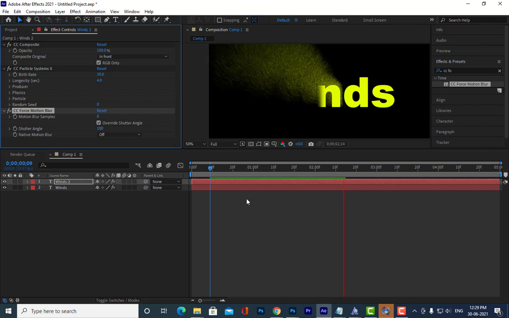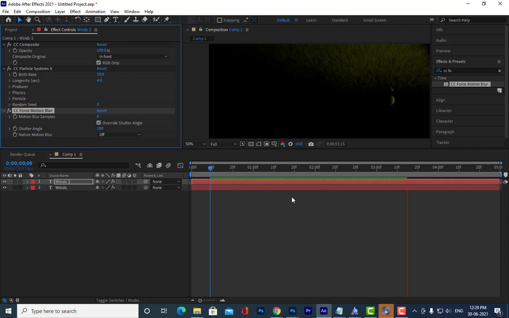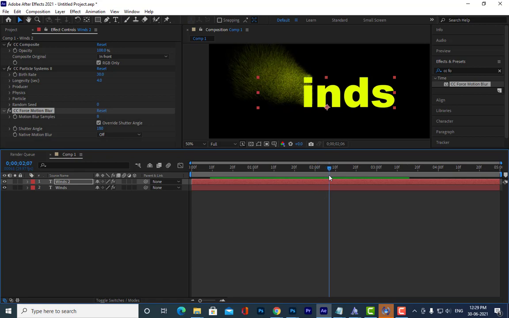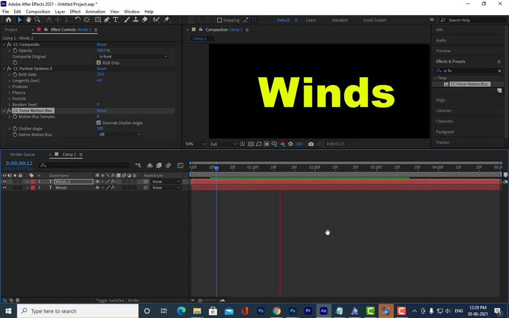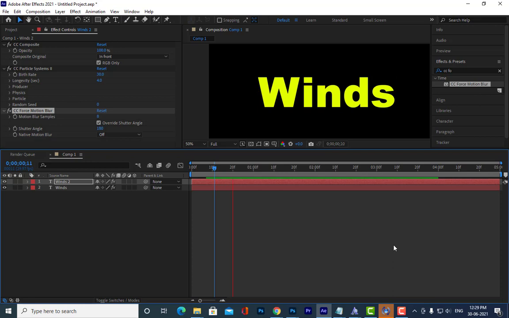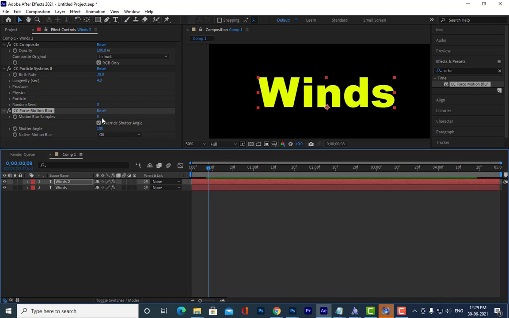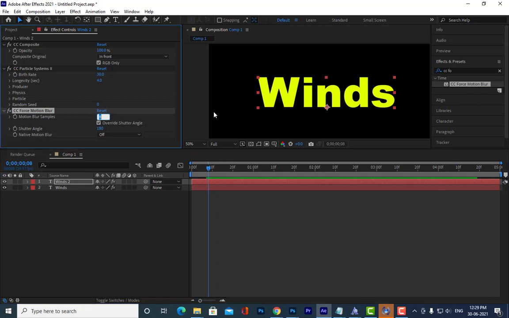See, can you see the change? So we have to move it a little bit. Okay, so on this linear wipe, are you able to understand? See, are you able to understand, Nitin? Yes, sir. This motion blur you can actually increase to 15, but it will become very heavy. Always make sure that it is not too much.